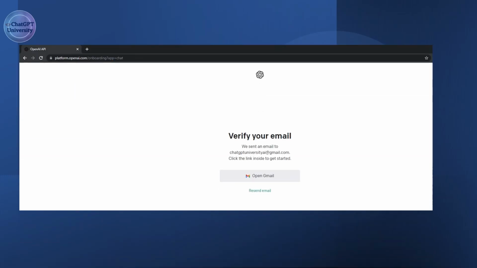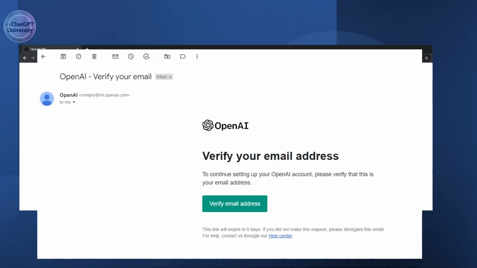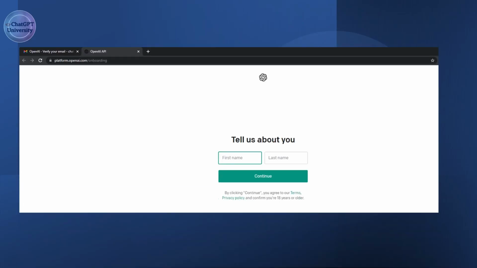Once you have entered your email ID and password, OpenAI is going to send a verification email, which looks like this. And you just need to click on verify the email address to get verified. Once you have verified your email address,